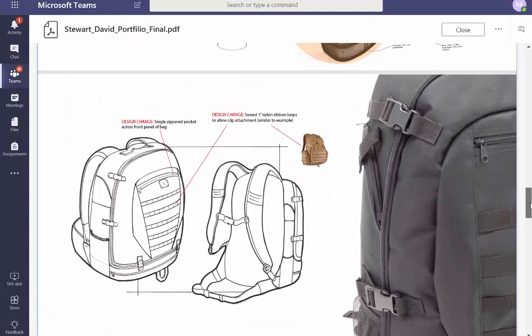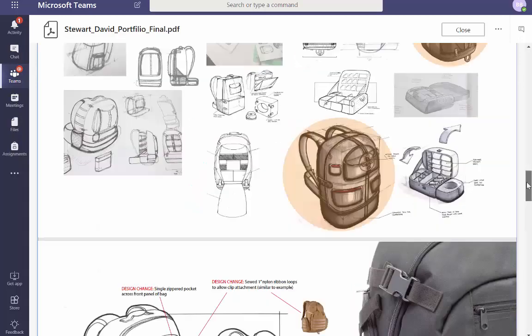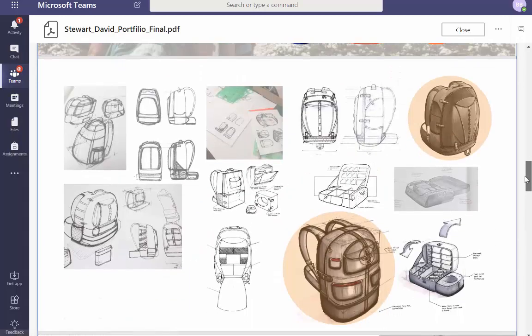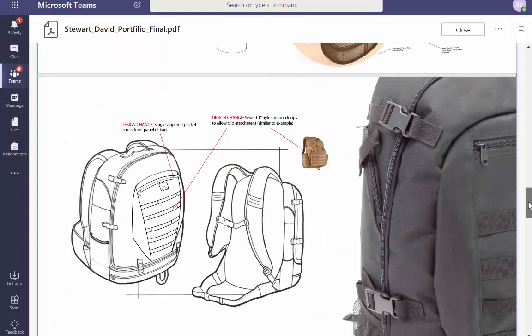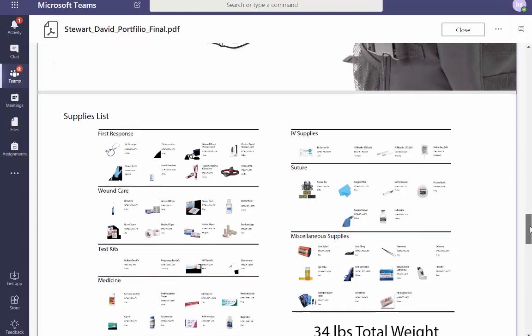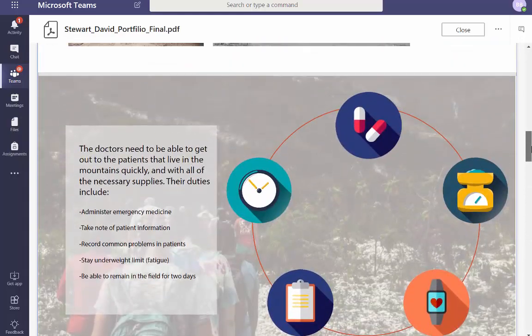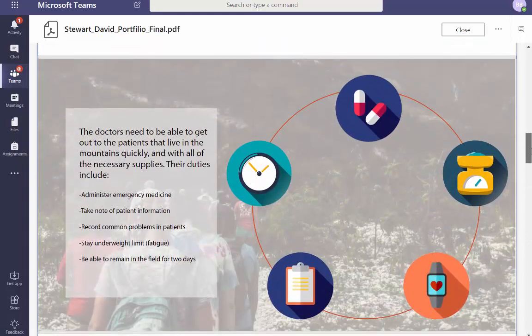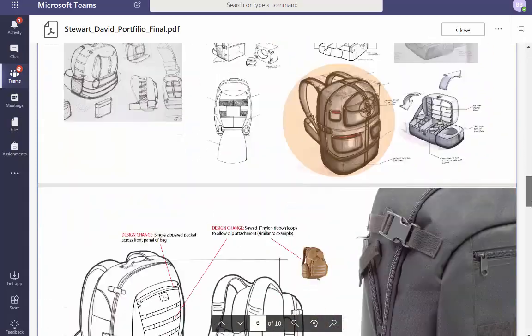I'm fine with this page. I think it looks much better, but until you give me the process, I'm not really sure you actually earned to be at this spot. Supplies list. I think this guy should come sooner, right? Because if you're talking about the most essential things, these things will take form of supplies.